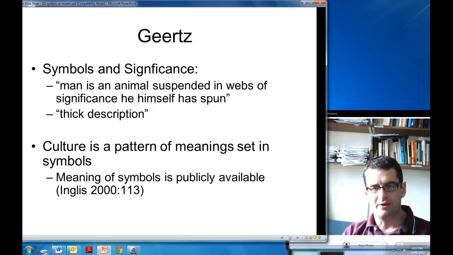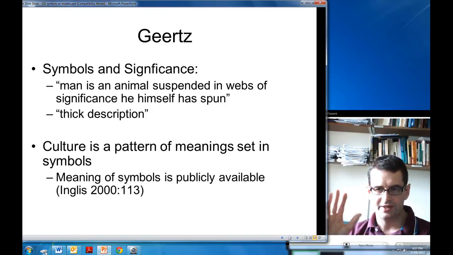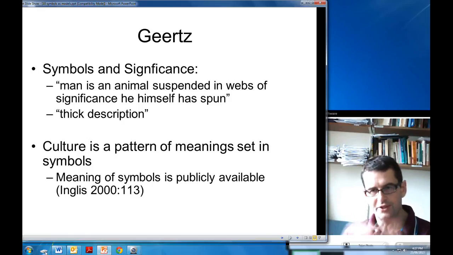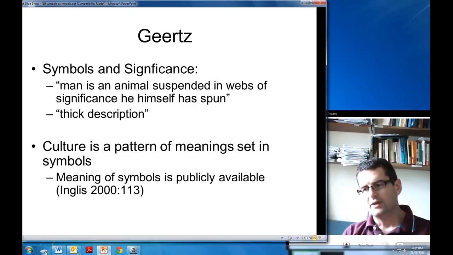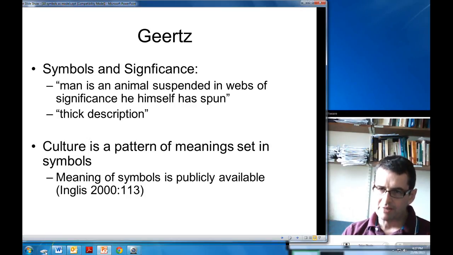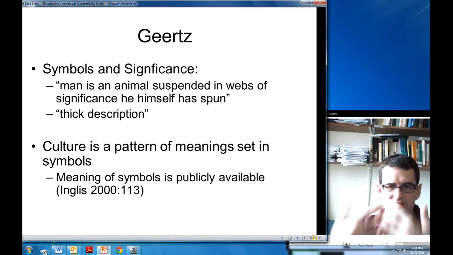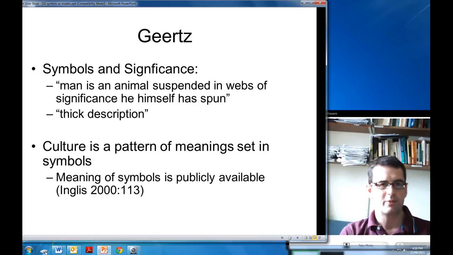A bit thicker, you'd say, oh, well, what Nick is doing here is closing his eyes to demonstrate what a wink looks like. Go a bit deeper, you'd say, well, in Australian and other Western cultures, there's a thing called a wink, which indicates the winker and the winky, the person who's being winked to, sharing a joke or sharing something that other people aren't privy to. Then a deeper explanation still says, well, Nick is providing a lecture online and he's providing a demonstration, which indicates a wink, and keeps on going and going. The deeper you go, the thicker the description, if you like, and the better it is from an anthropological perspective.